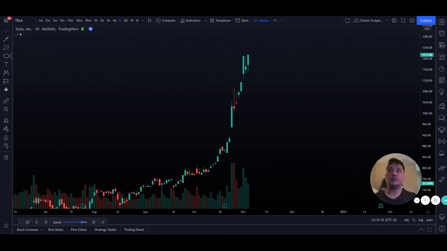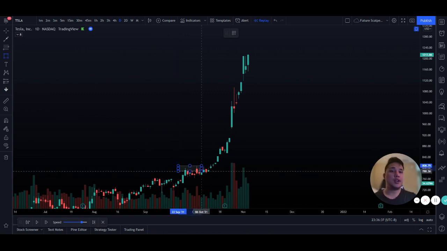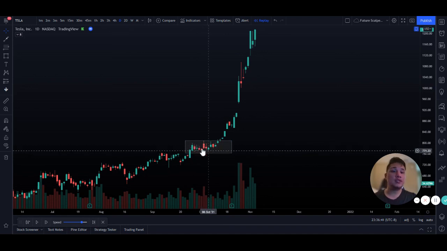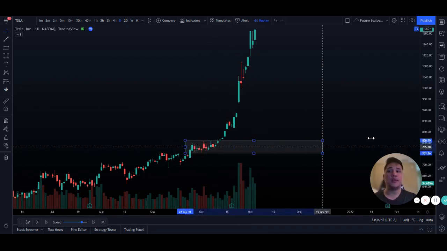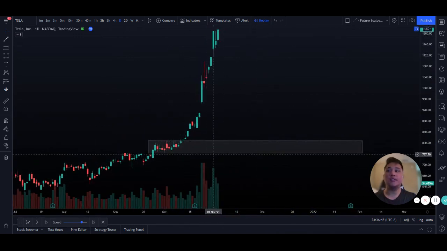And what I like to do, guys, when we look for these key levels, is look for areas of compression. Some other people call it consolidation, where price goes in a tight range and then moves up dramatically. So we're going to go ahead and extend this area, and we're going to see if price ends up hitting